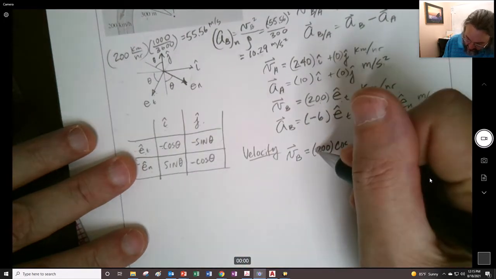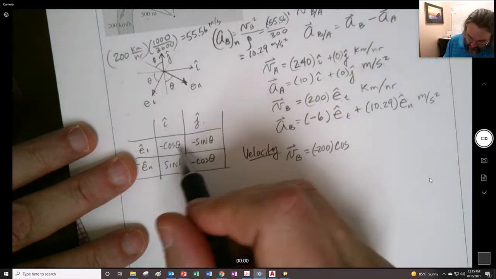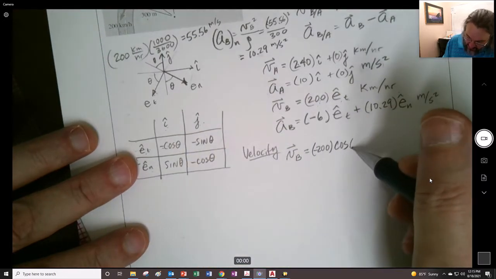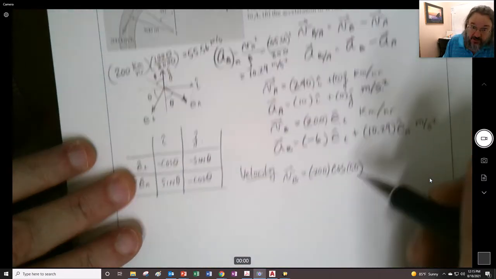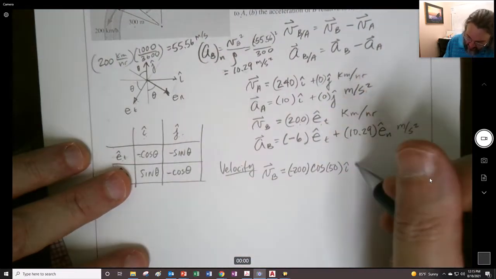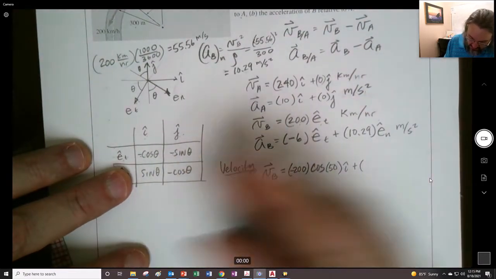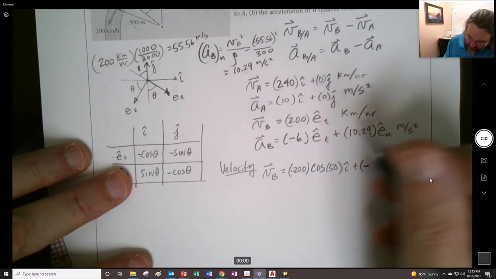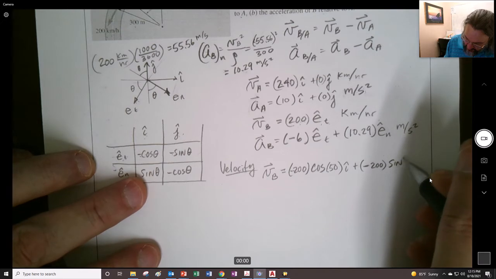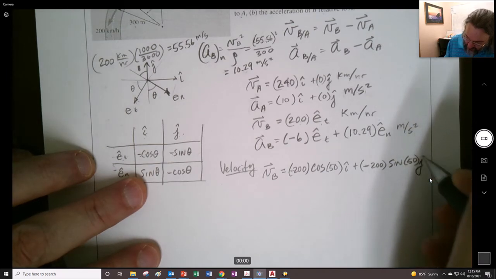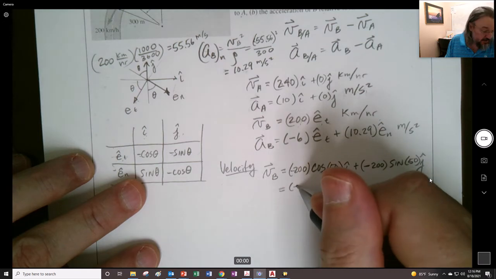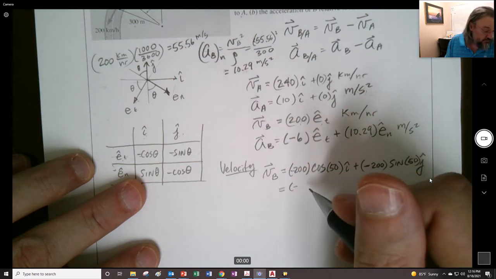Because it's negative, I'll put it in there. But it's that 200 times the cosine of 50 degrees, which is what we were given here as theta, I, and then plus, but this is negative, so a negative 200 sine of 50 J. And if we do the math in that, it comes out to negative,